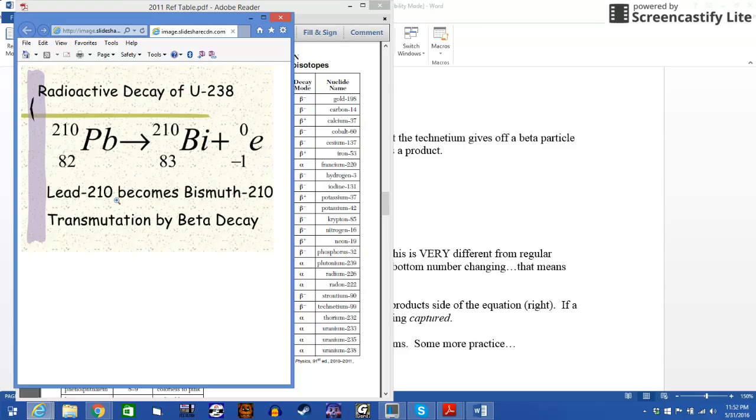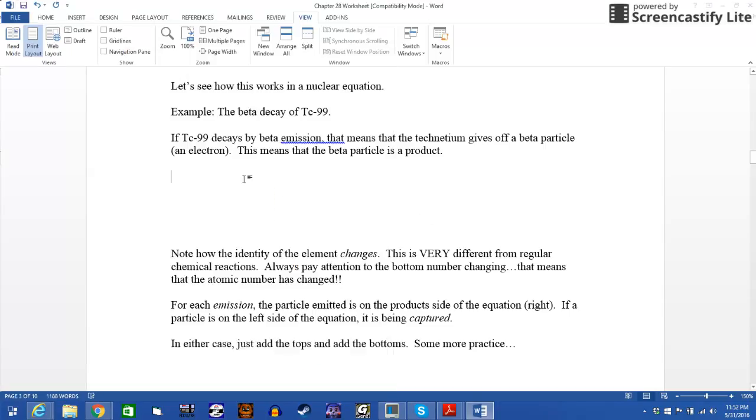So lead-210 becomes bismuth. This is a transmutation. This is a natural transmutation because this is just what lead-210 does. It decays by beta emission. So similarly, I'm not going to put the 43 on the bottom. You can, but just so that I can write it, we have technetium-99, and that goes to,